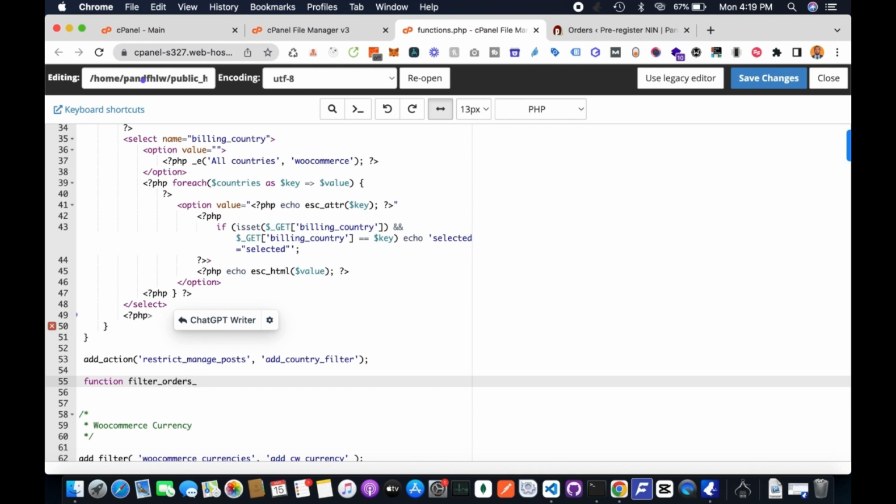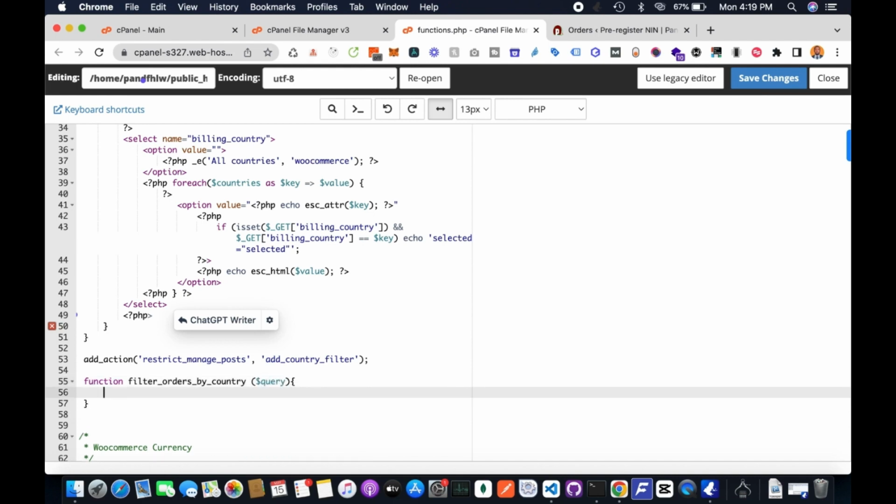Furthermore, we go ahead and create a new function, filter_orders_by_country, then give it a parameter of a query variable. Then we'll define the global variable pagenow and typenow. They are used to check the current page and the current post type being displayed. Then in our if